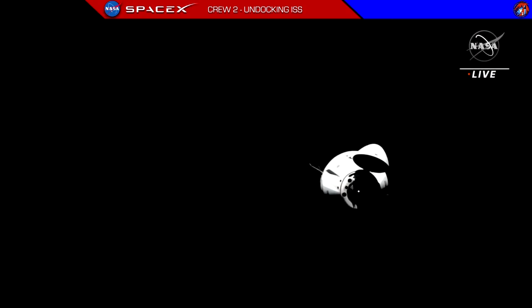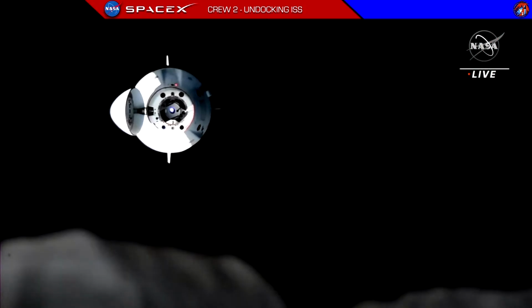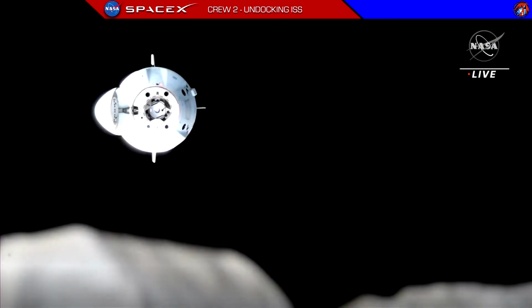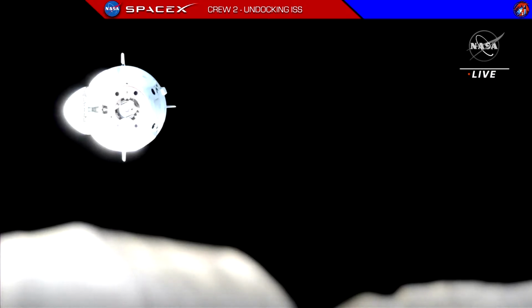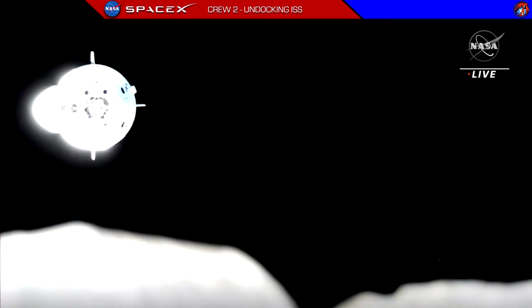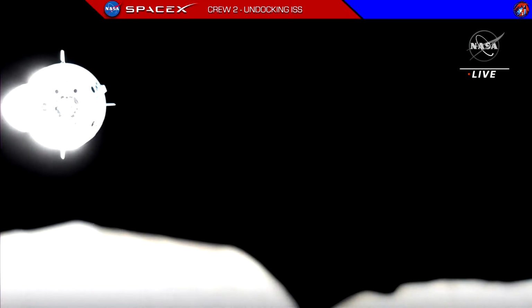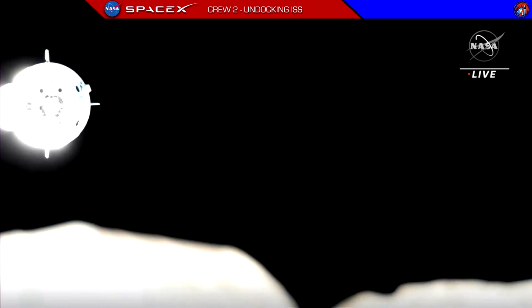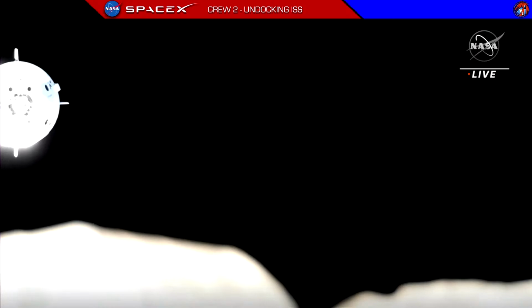That'll be essentially the end of the fly-around maneuver, and right at about depart burn 0, which is the first departure burn of 5 departure burns, 0, 1, 2, 3, to get us outside the International Space Station, roughly co-elliptic with the International Space Station, followed by a 5th burn called the departure phase burn. That'll take us outside of the same plane of the station and line up with the landing location that is